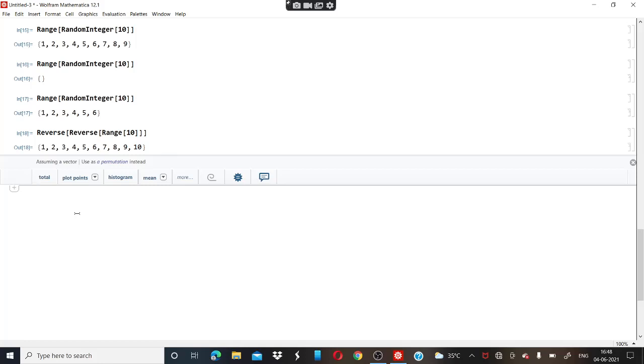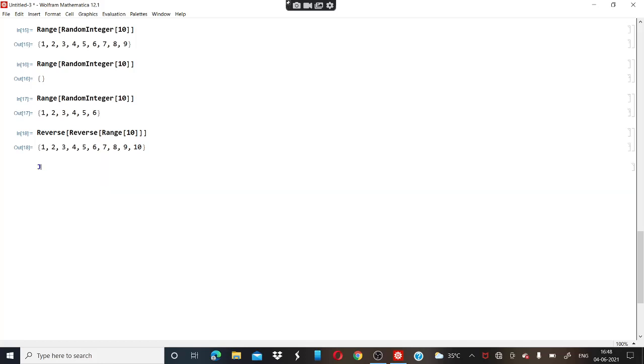Now our next simpler form for this function, that is join 1, 2, join 3, 4, again comma, middle bracket 5, this.